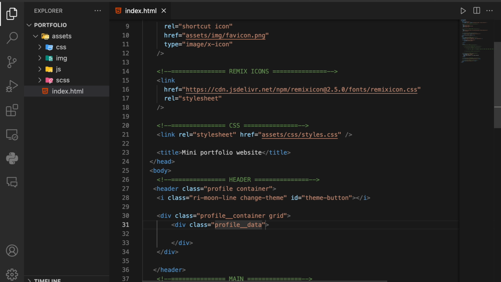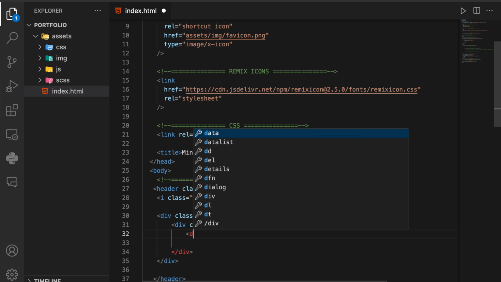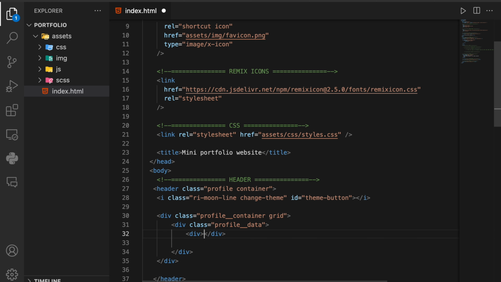Alright, and within this div again, we are going to create another one, and this one will be having a class called profile border. Okay, and then we will have where the image will go,